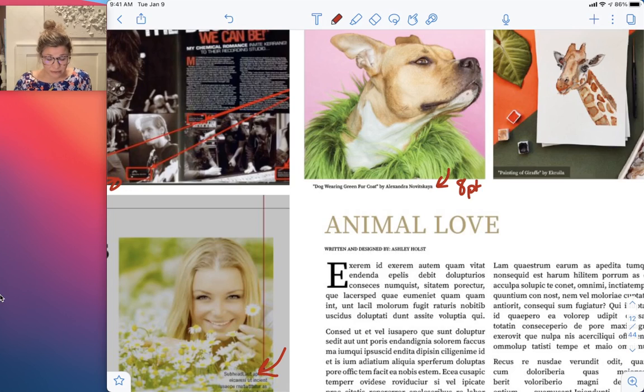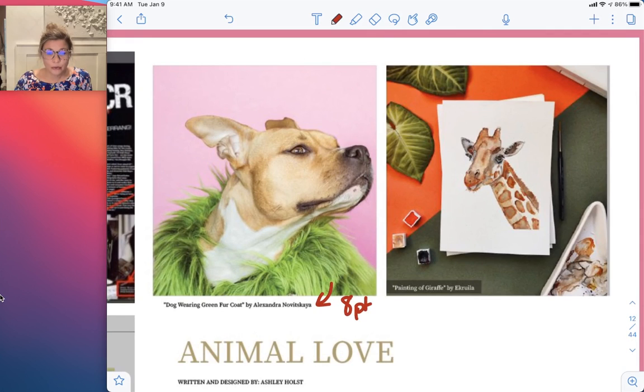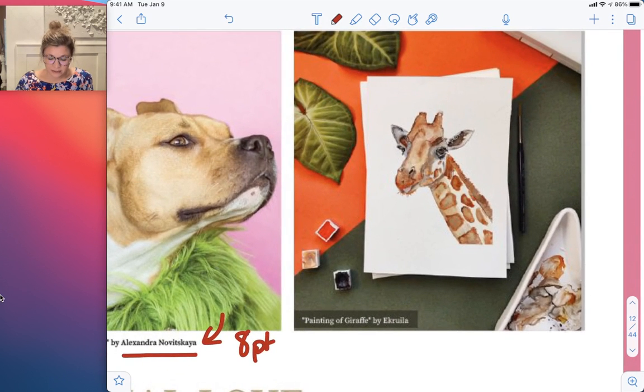What do you need in the image caption? For every one of your photos, and these are 2 perfect examples, you will give a name in quotations to the photo. If you took the photo, you are the artist, you get to invent the title of it, and then by the photographer. This one is right on the bottom of the photo. Here's one that's on the top. Here I laid the text on top of the photo and I gave the title, Painting of Giraffe, and then by the artist. So you want to make sure that you give credit and practice giving credit,